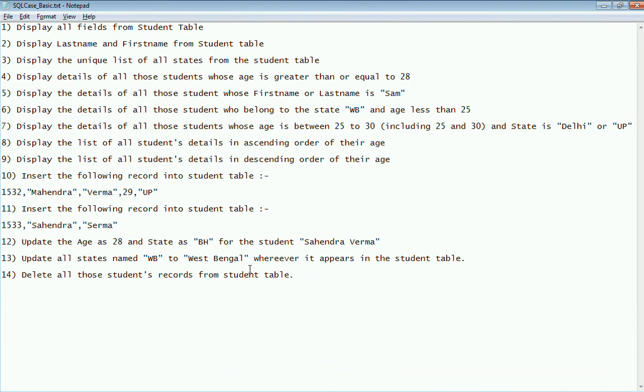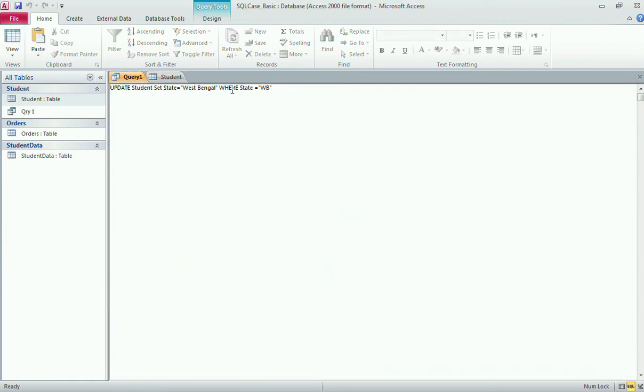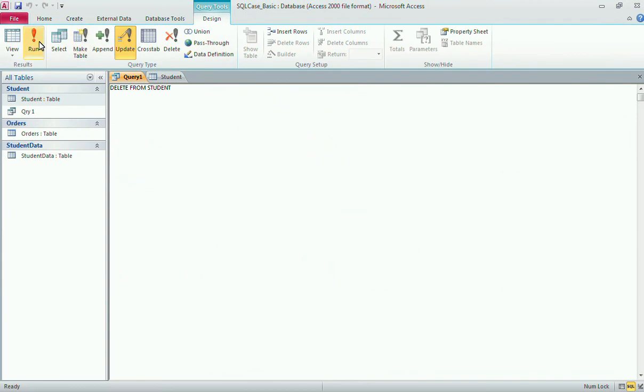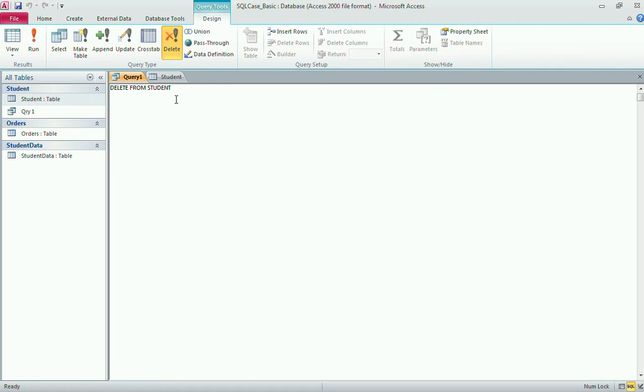Now finally delete all student record from student table. So let me show you the delete query. So this is the query. You are about to delete 35 rows, but I would click on no, I just wanted to show you the query. So let us put a filter here, delete from student, where